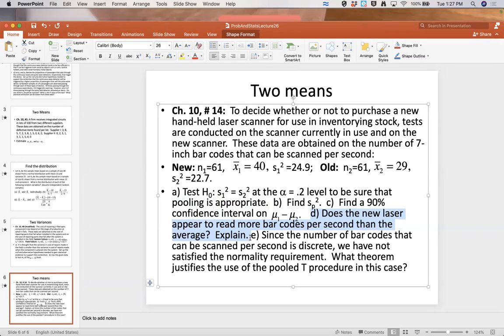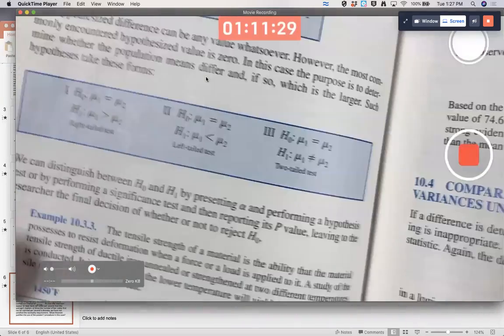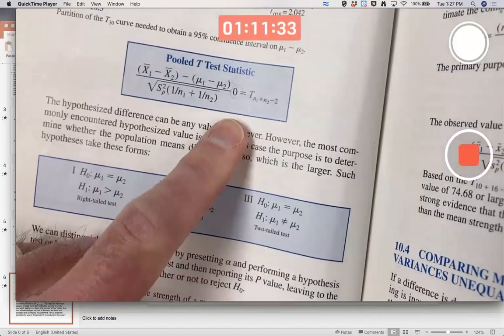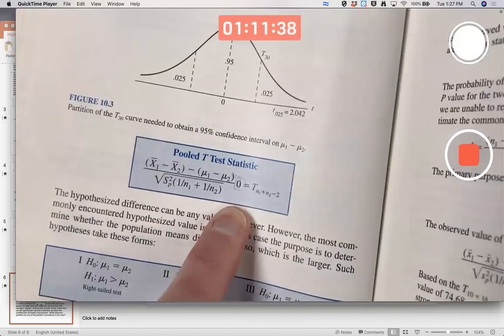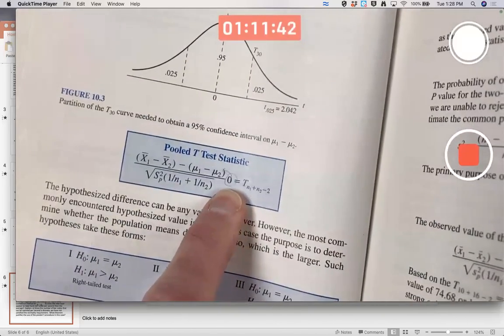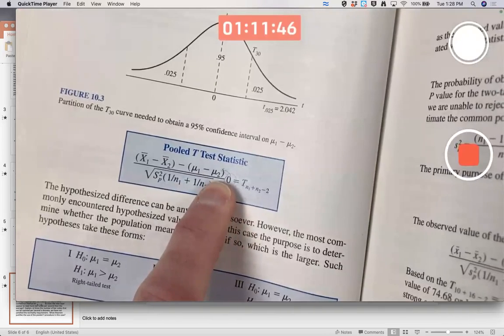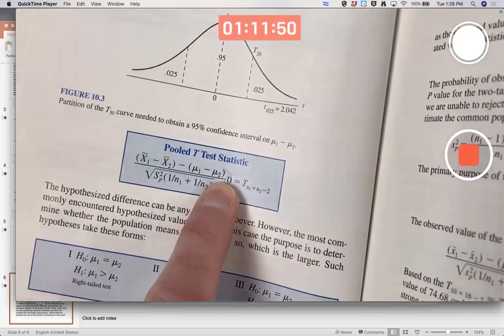They didn't actually ask you to do a hypothesis test here, but you can, and you use a t-test statistic. The typo here, it's page 346. That 0 should not be there. It should really be a subscript of mu1 minus mu2. Mu1 minus mu2 sub 0,